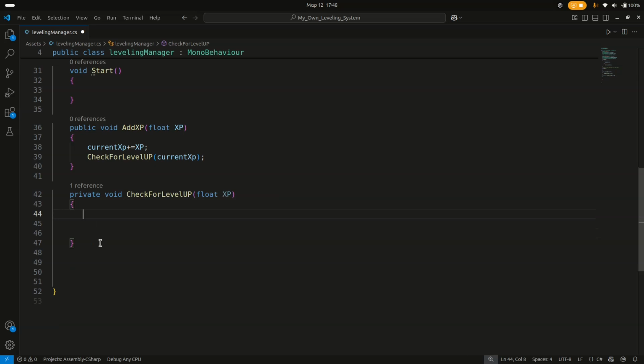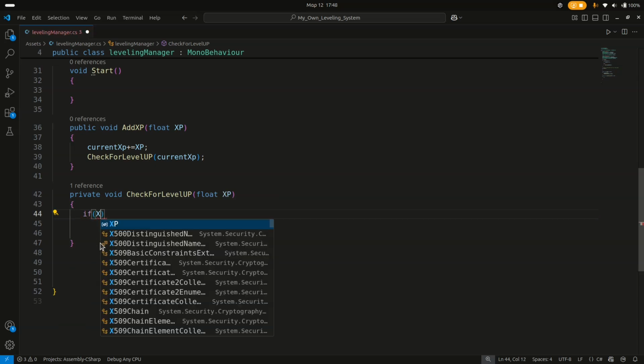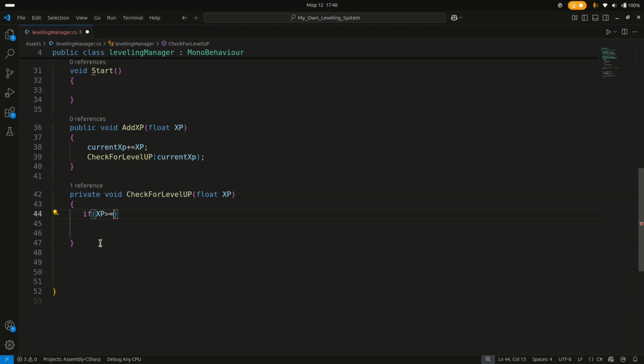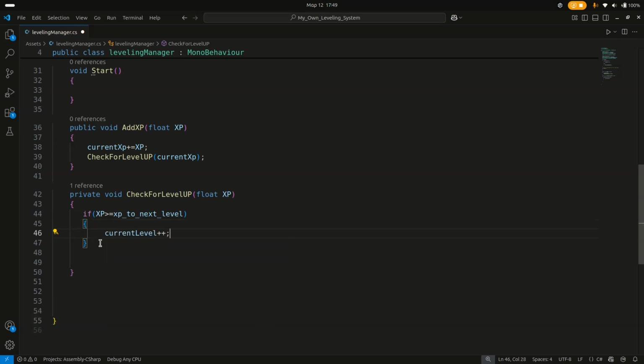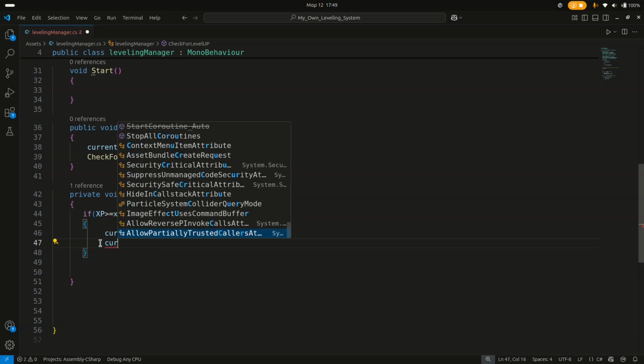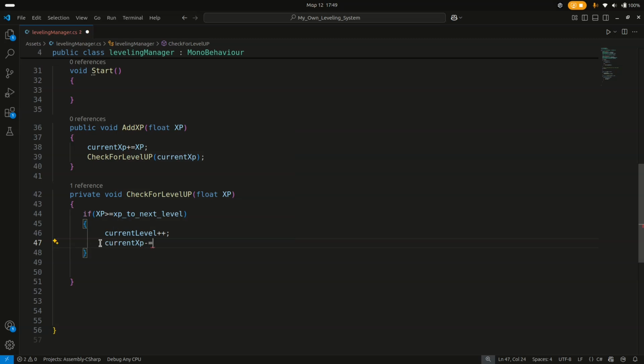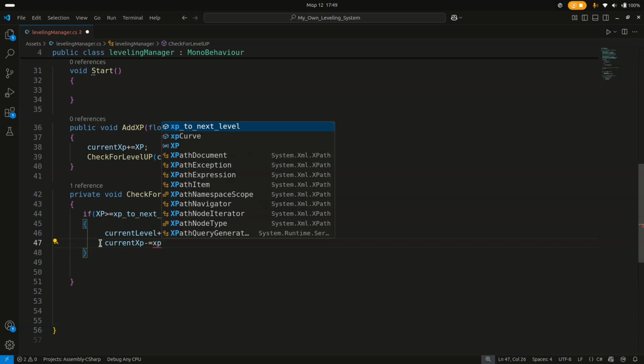And after that, we're gonna say if this XP is bigger or equal to the XP to next level, we are gonna increase our level. So current level plus plus, and we're gonna say that the current XP minus equals the XP to next level,